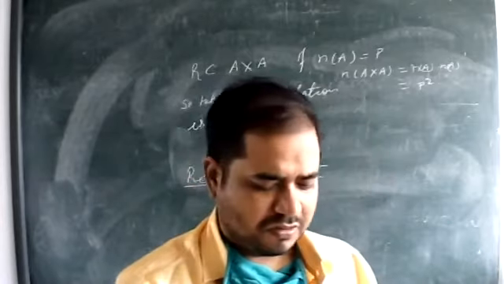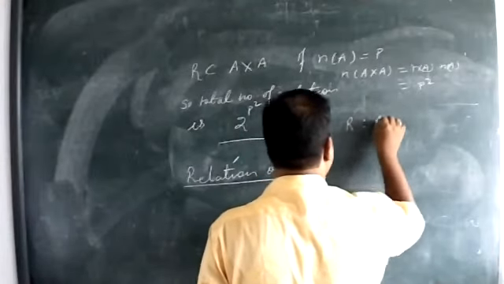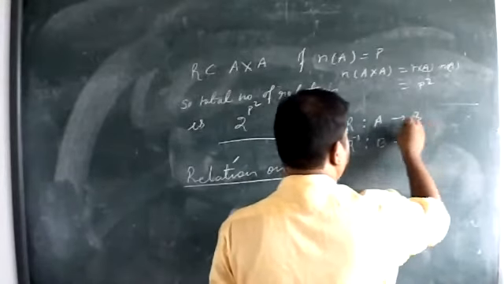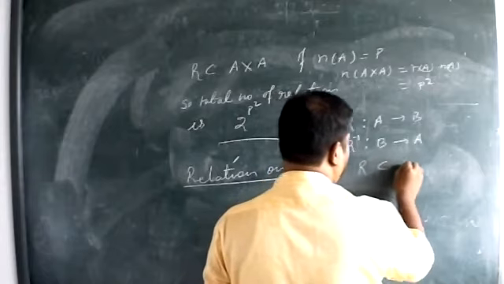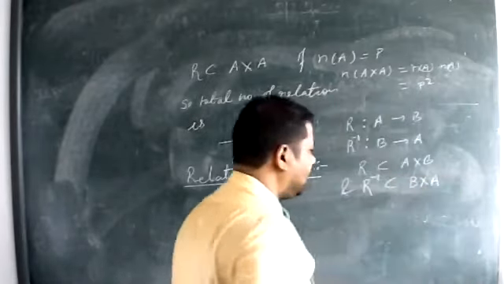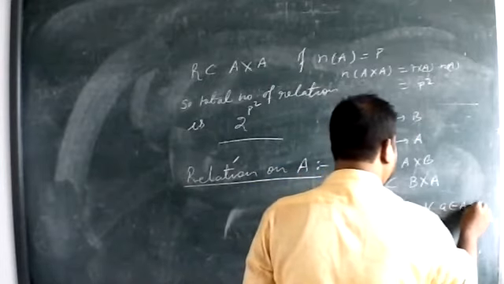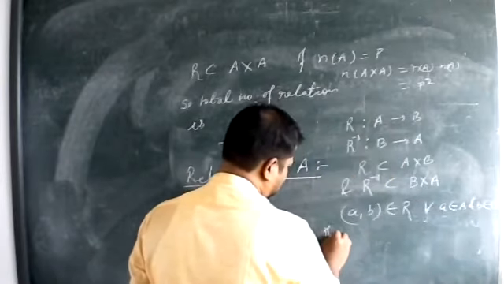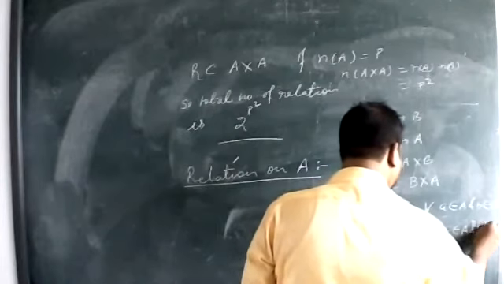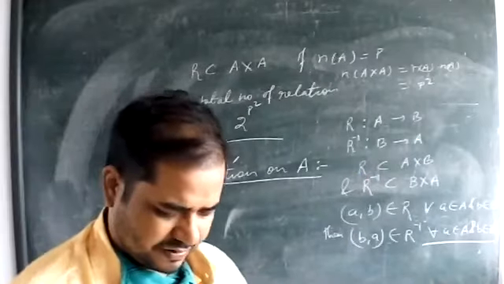Inverse relation also, you know. R inverse is the inverse relation of R. That means if R from A to B is a relation, then R inverse is from B to A. R is a subset of A cross B, but R inverse is a subset of B cross A. If (a, b) belongs to R for each a in A and b in B, then (b, a) belongs to R inverse. सिर्फ रिलेशन रिवर्स हो जाएगा. Okay, you may understand.